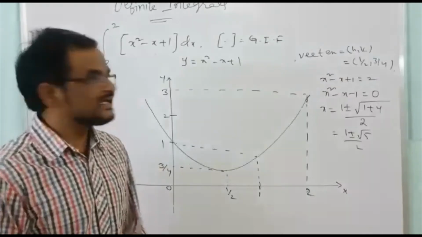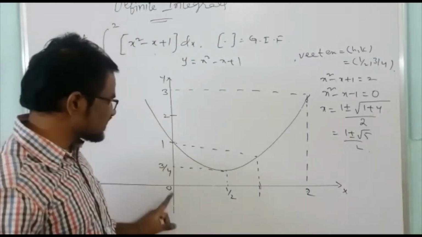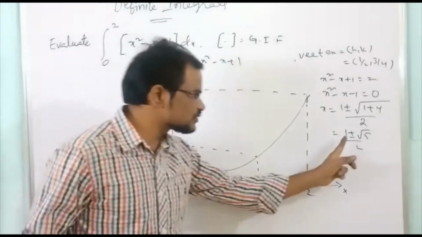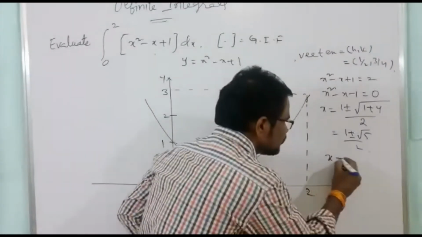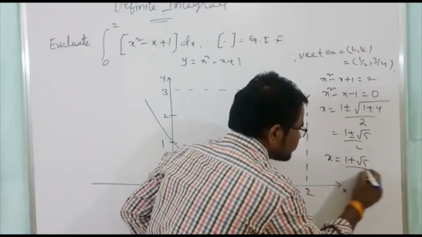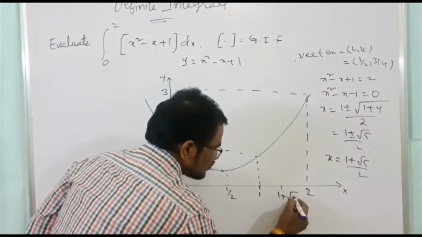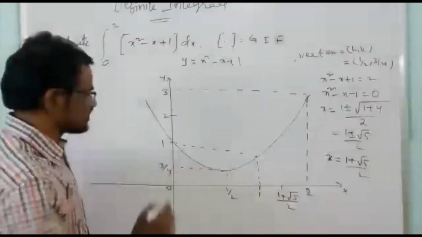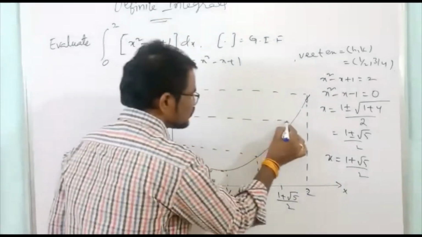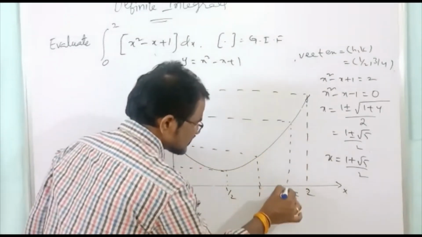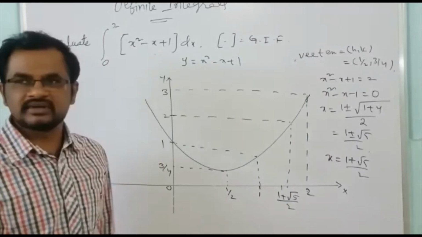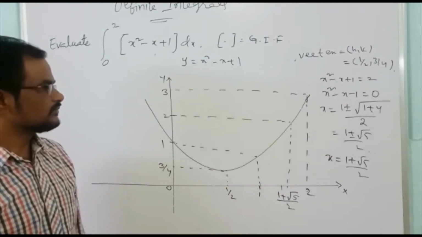But we have to find the integral value between 0 and 2, so the x value should be positive, so x should be 1 plus root 5 over 2. Whenever y equals 2, the x value is 1 plus root 5 over 2. Okay, now